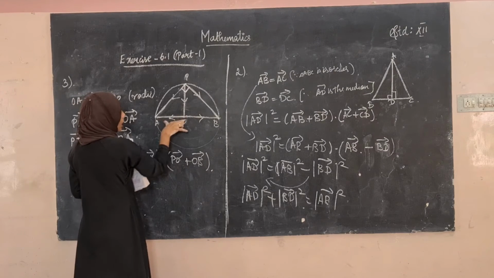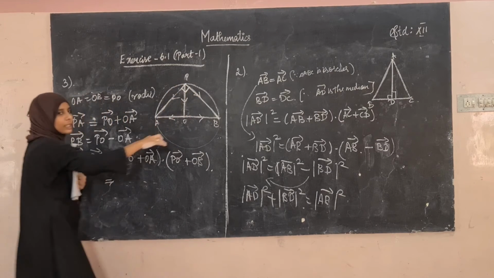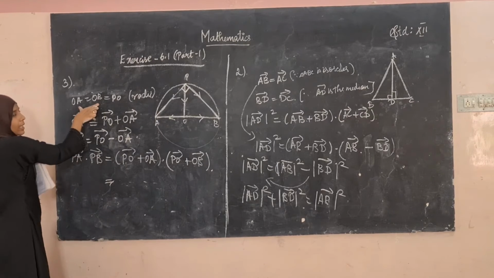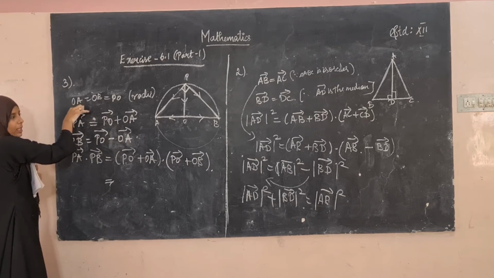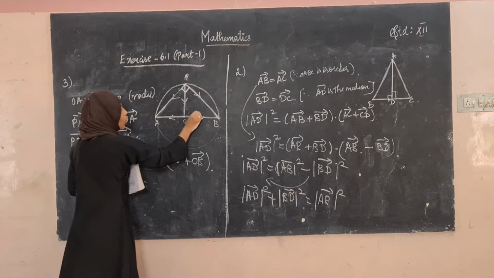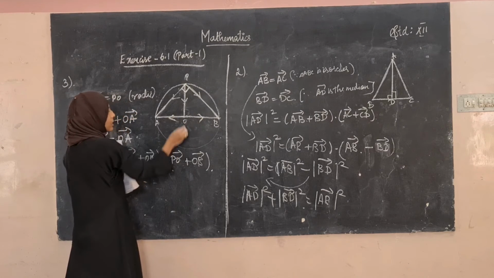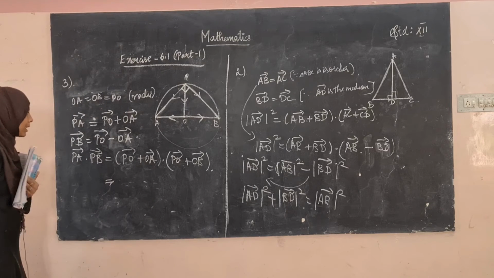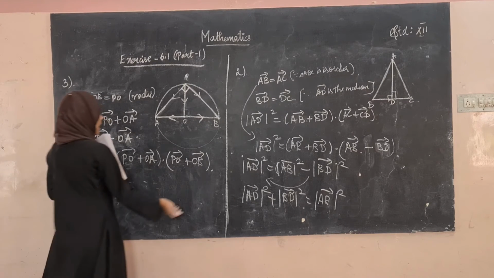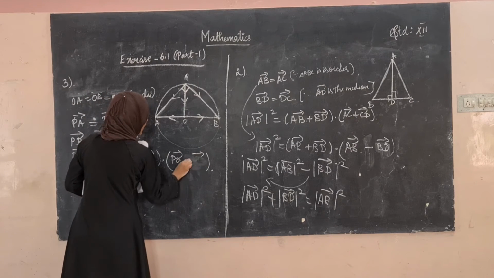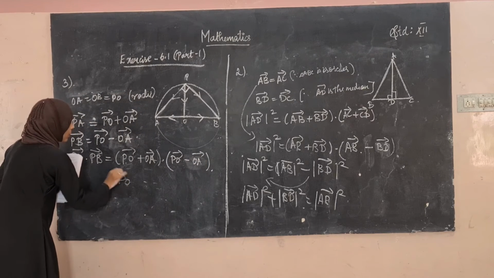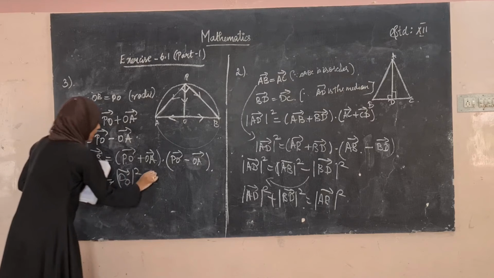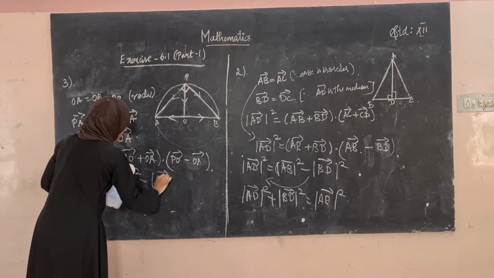See here, OA, OB and OP. These are all the radius. So, we can equate the length. Okay, so instead of OB, you can write OA. But see here, the direction is different. OB is in this side and OA is in this side. Therefore, we are making here minus. So, instead of PB, you can write as PO minus OA vector. So, this is in the format of PO vector the whole square minus modulus of OA vector the whole square.